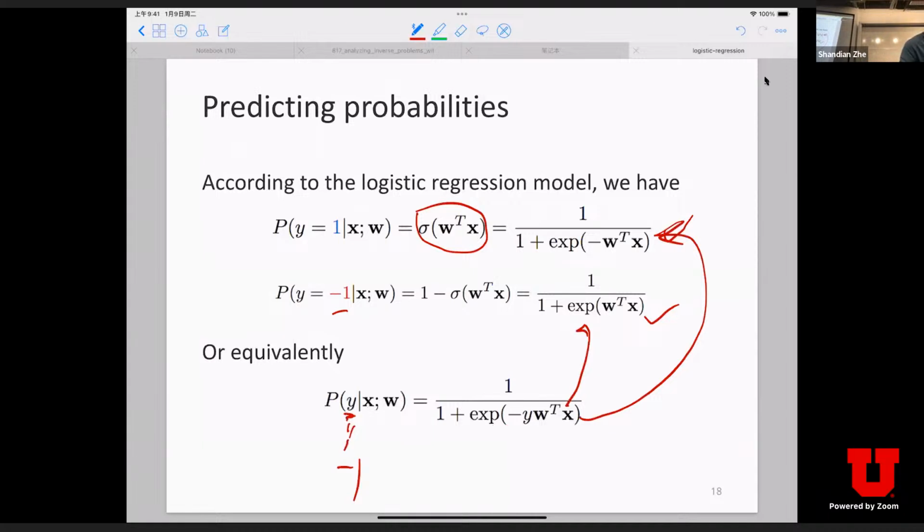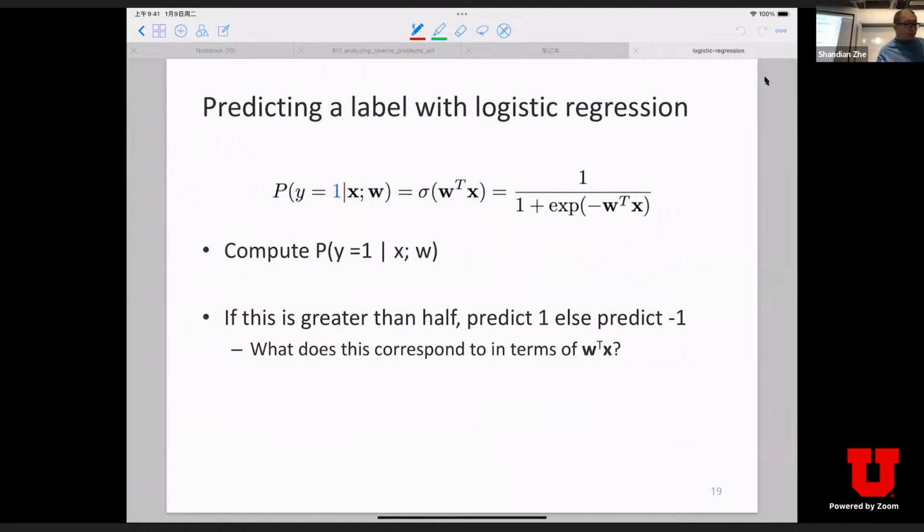Okay, great. So now we have our model, right? We have modeled the likelihood: given your feature vector and your model parameters W, what is the probability that your Y equals 1, or your label is 1? And suppose we have learned a model, meaning that we know a good W, all from data. How do we apply our logistic regression?